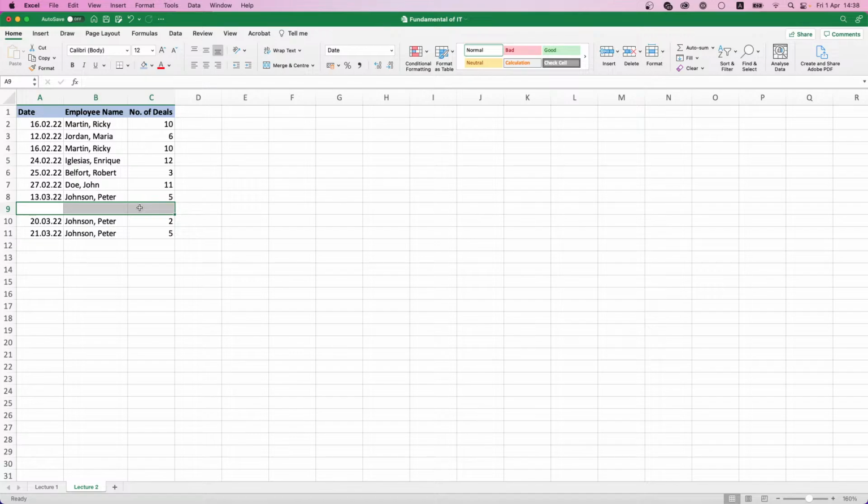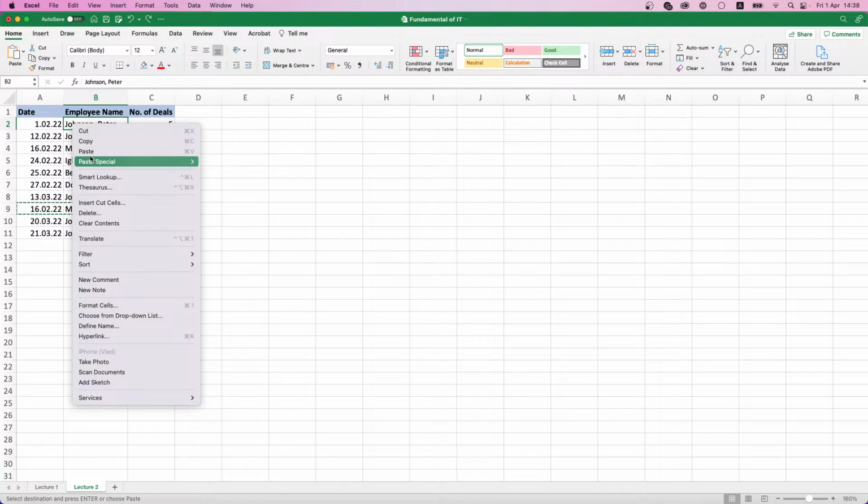You see we have a gap there. And by the way, pay attention, I will just go back, that Peter Johnson, which was in the first place before, is not in its place right now. So this may be bad for you. That is why we can move our values without deleting the previous ones. How to do this? Absolutely in the same way. We just cut it to the clipboard, Command or Ctrl X, then we go there, press